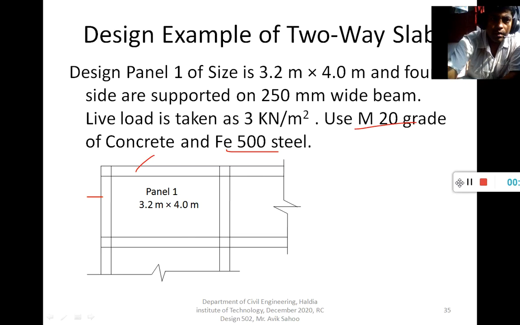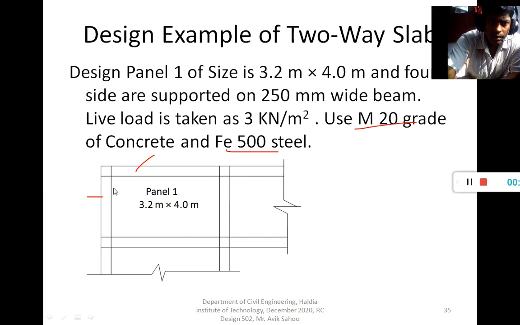In the previous lecture, I had discussed the theory of slab. Now, in this lecture, I shall discuss the design example of a two-way slab. So, here is the one problem I have considered: